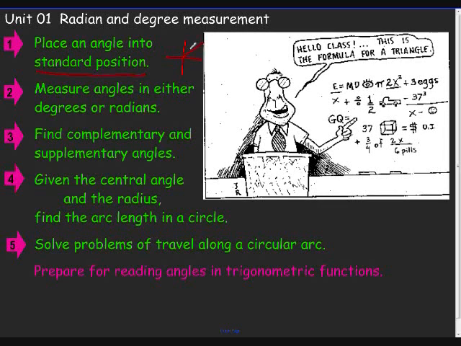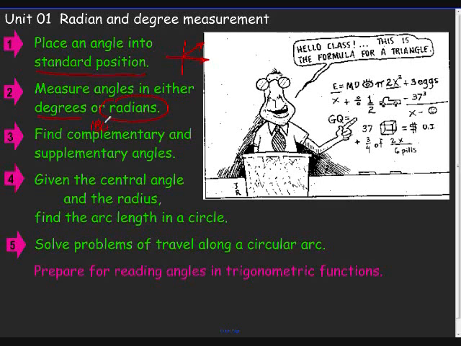It's in standard position, the vertex is at the origin. The initial ray is always the positive x-axis, and the terminal ray is what actually shows the angle. We learned how to measure angles in degrees or radians, and we know that